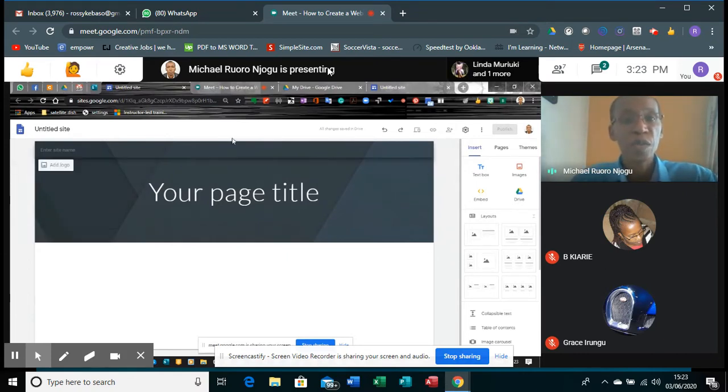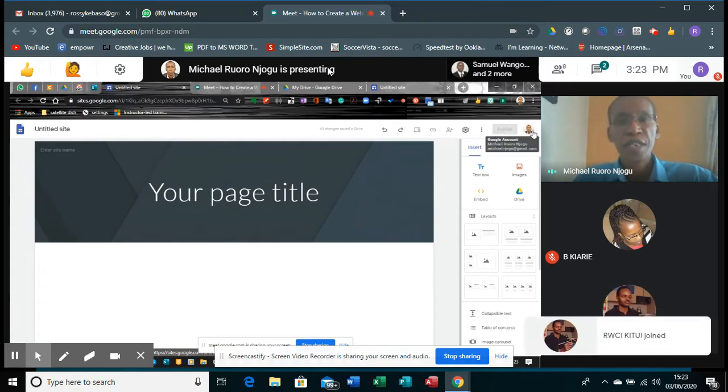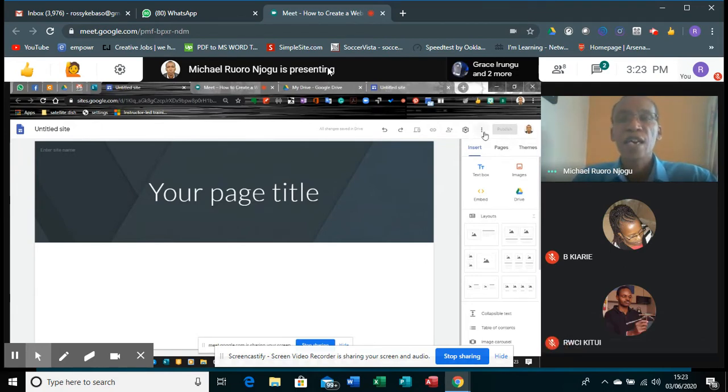I said you need to take note of this bar here, where it's already saying I'm already logged in. It has some icons there that are inactive. The 3 dots, the gear, you've already seen this. These are some icons that I know you have seen. You can even see the plus people. Right now, I cannot add because I'm yet to create the document. But once I create the document, these icons will be